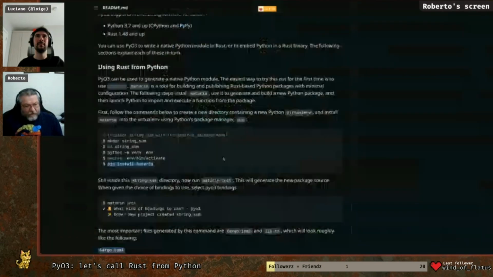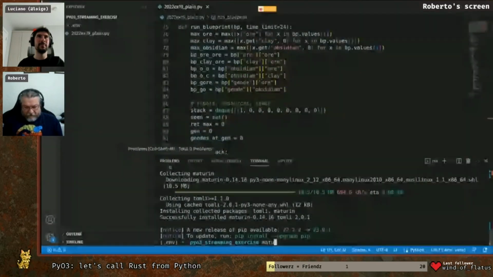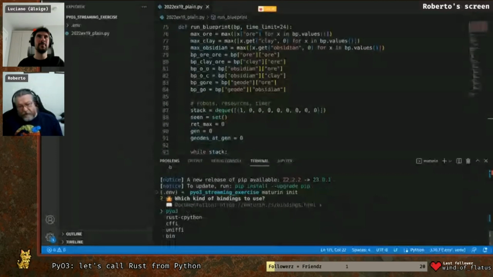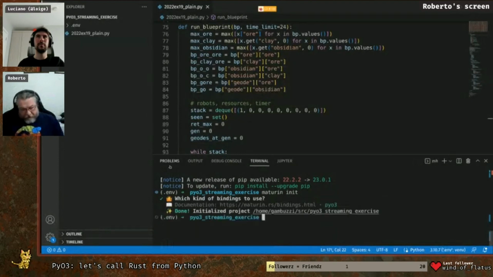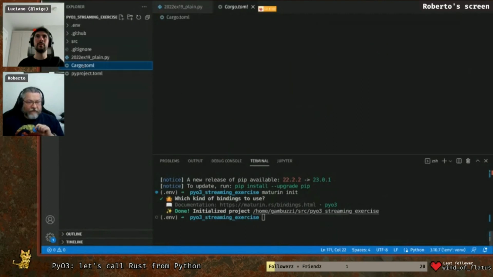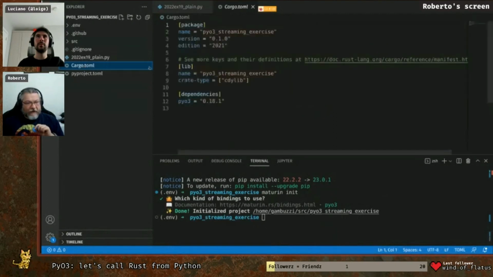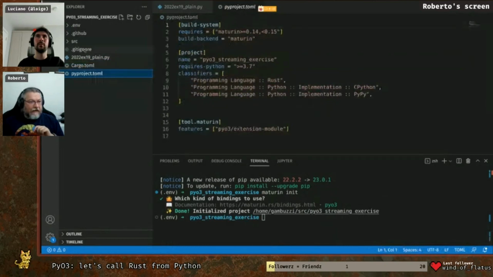So what is the next command that we have to do? Maturin init. Okay, let's see. We want to use PyO3. That is one of the bindings of Rust for Python. So you can use Rust inside Python. In theory, you can also use Python inside Rust, but tonight we are showing using Rust inside Python. Let's use PyO3. Initializing, it created stuff that we are familiar with. It created a Cargo and a PyProject toml, it created a src, and inside there is a